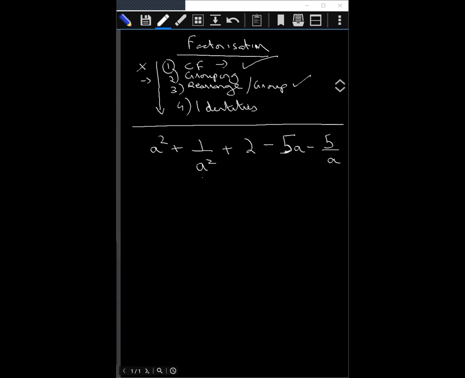Sir, I have a doubt. Yeah, tell me. So can we take A squared plus 1 upon A squared plus 2 as one term and then minus 5A minus 5 upon A as the other term? Yes, you can do that. Okay, and then suppose if we take out common as A, then nothing, you think about it, then you need to think what you can do. Okay, yeah. Because we have plus 2, there's nothing common in A and plus 2, right? So the 3 terms, A squared plus 1 upon A squared plus 2, what can you do with that? Think.